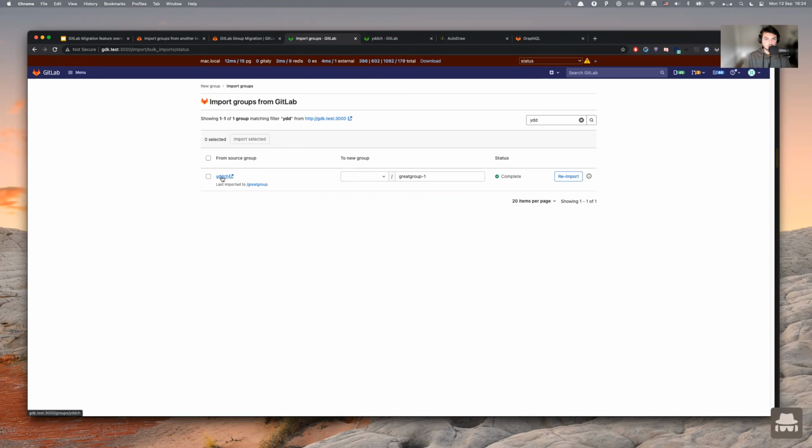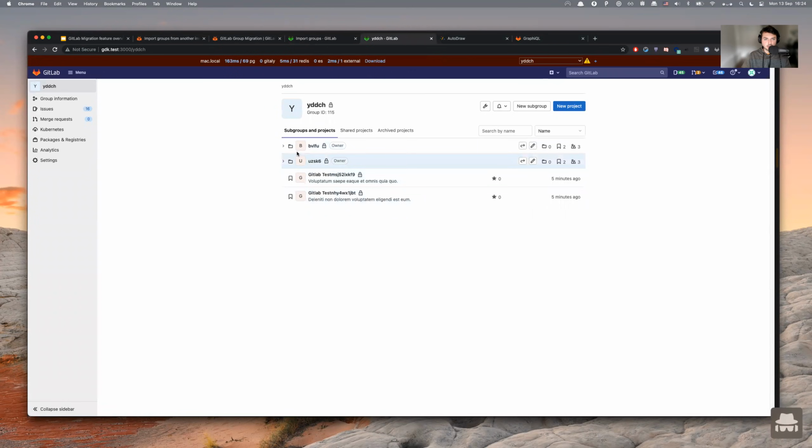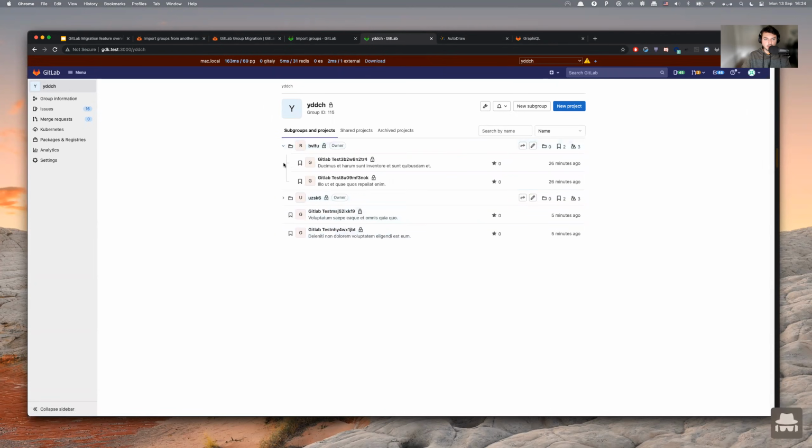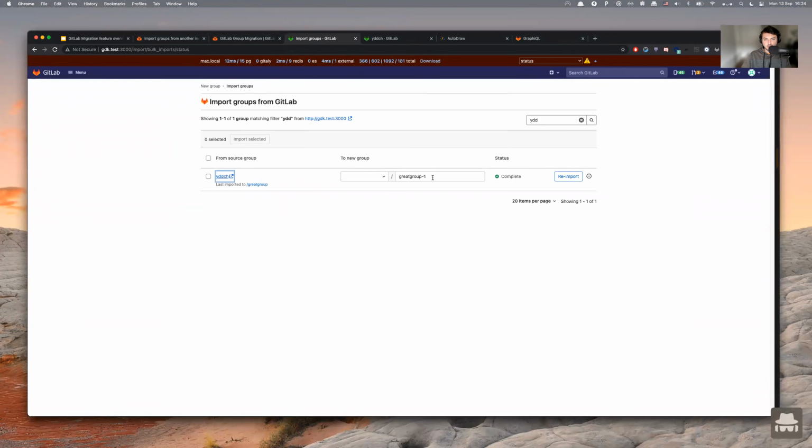So for example, this is the source group that I have. It's opened for me right here. So we have two subgroups here, two projects, and then in every one of the subgroups we have two more projects in each. Okay, and then you select the destination group on the destination instance of GitLab and click import, but I